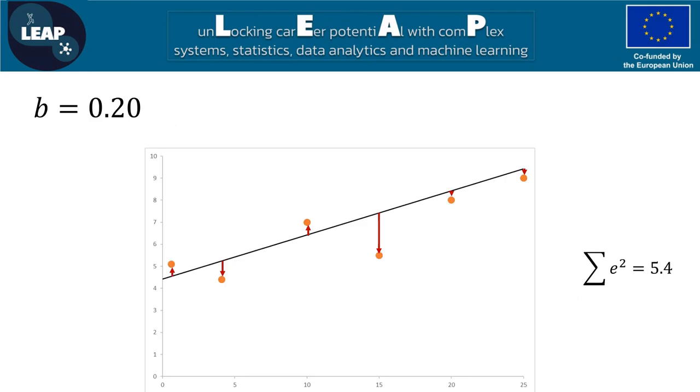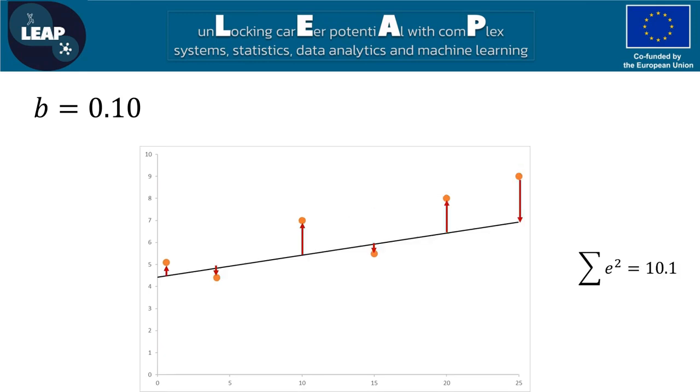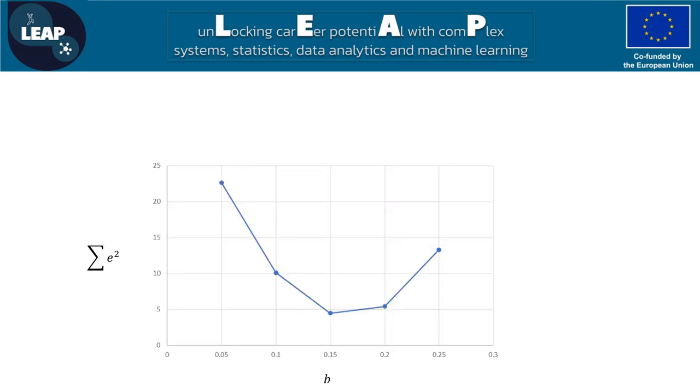Here we have some examples of when I have fitted the model by hand, and we can observe that we get different values for the sum of squared errors. Here I have plotted different values for the B value. The best fit is where the red dot is, and that is 0.167.